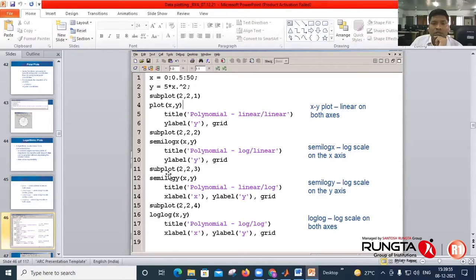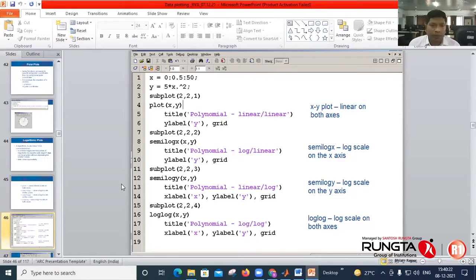In third position, I am drawing semilog y. Okay, semilog y means on y-axis there is a log scale. And then subplot 2, 2, 4, that is fourth position. Okay, I am using log, that is on both axes there is a log scale.